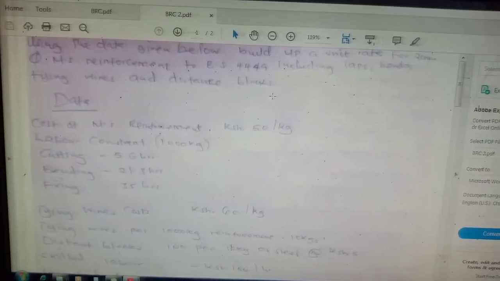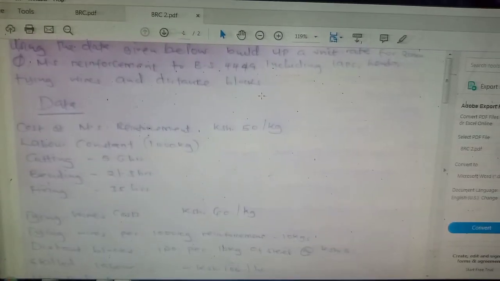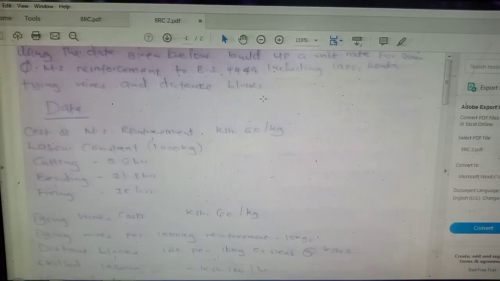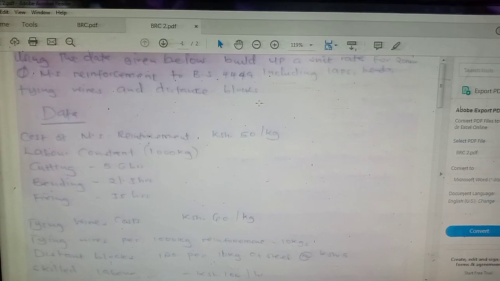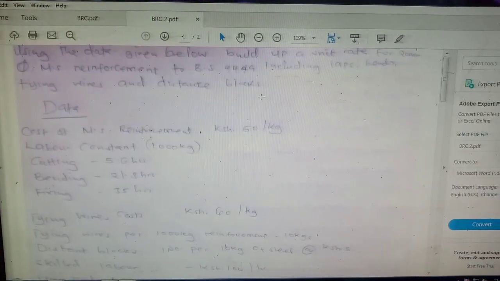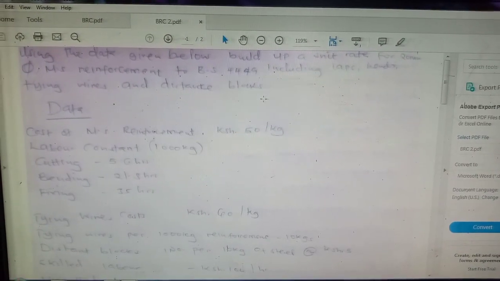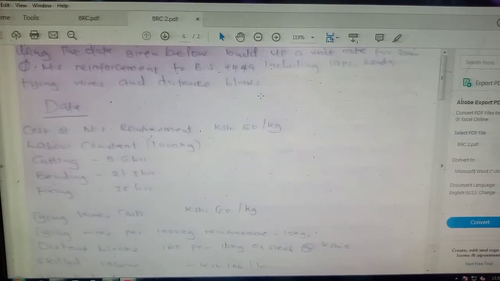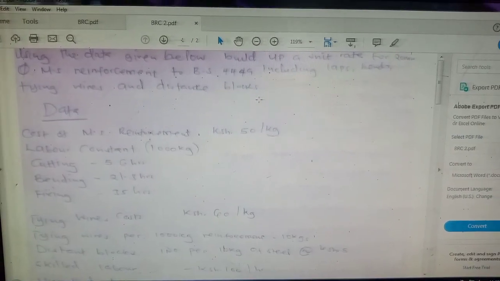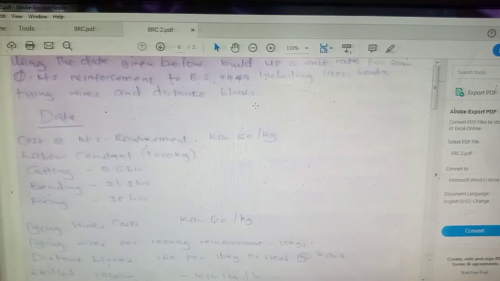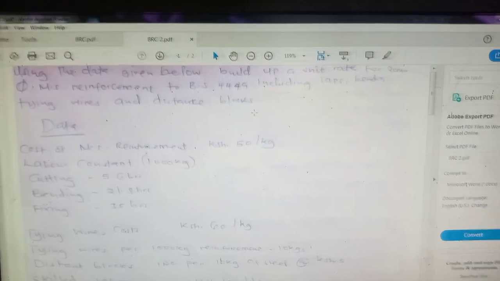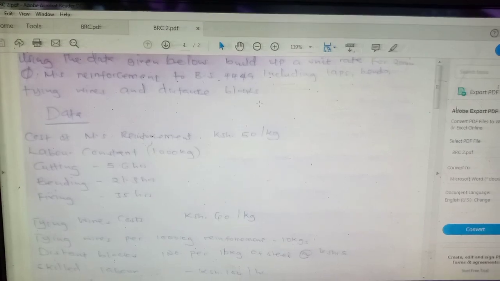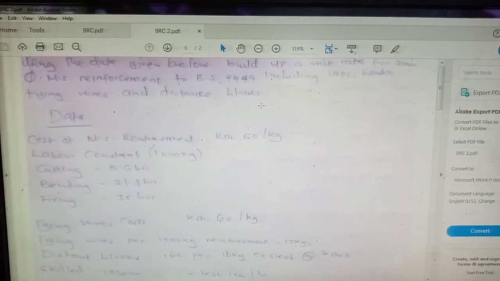So our next question is, using the data given below, build up a unit rate for 20 millimeter diameter mild steel reinforcement to building standards, 4,449, including laps, bends, tying wires and distant blocks. The data that we are given: cost of mild steel